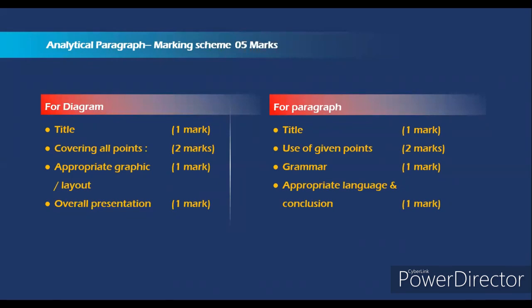If you are going to create a paragraph, the first and foremost remains the title. If you have given a title, you will get 1 mark. If you have used all those points properly and framed your sentences, you will get 2 marks for that. The grammar, the sentence framing, the language, and how you conclude will carry 1 mark each. So this is how 5 marks are going to be distributed among the answer for your writing skills. Moving further